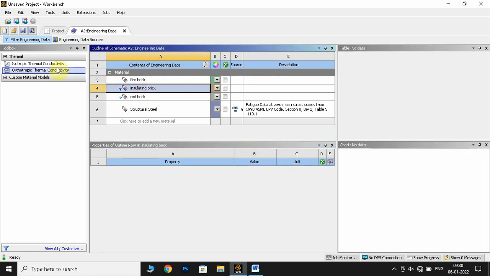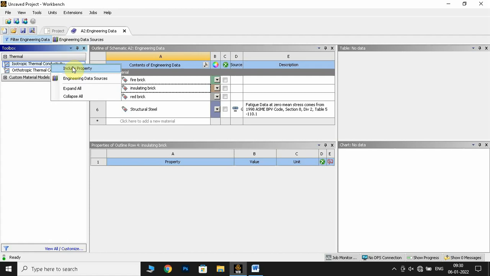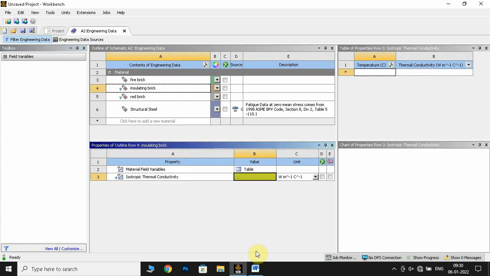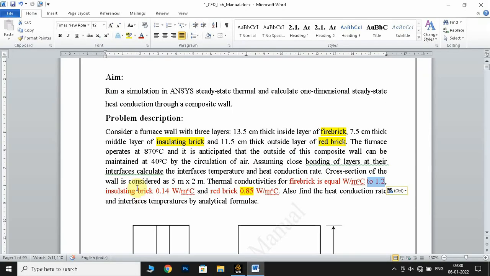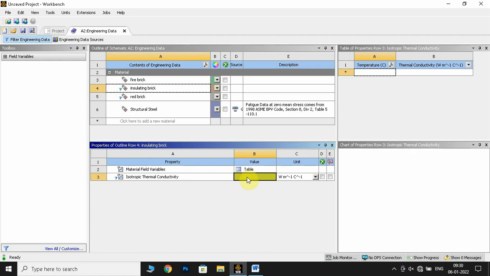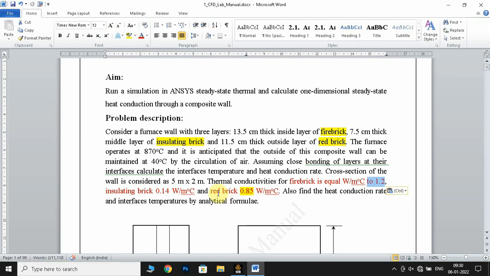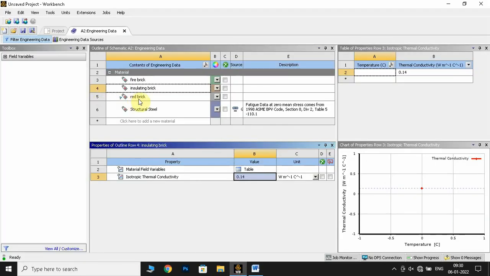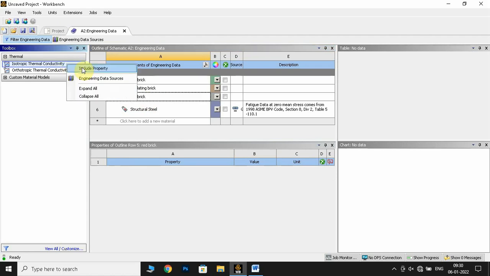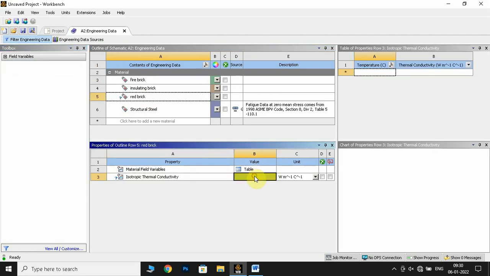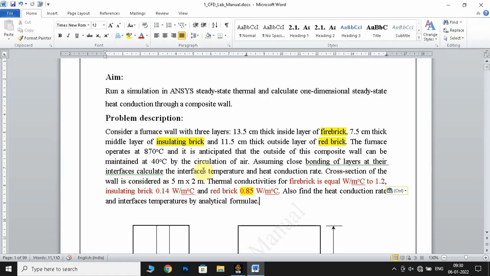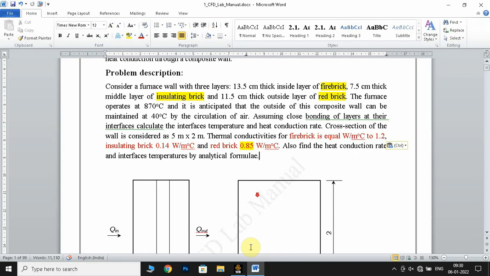Now insulating brick, right click on it, include the property, and for insulating brick we have 0.14, enter. And finally for the red brick, right click, include, 0.85, enter. So the engineering data has been done.